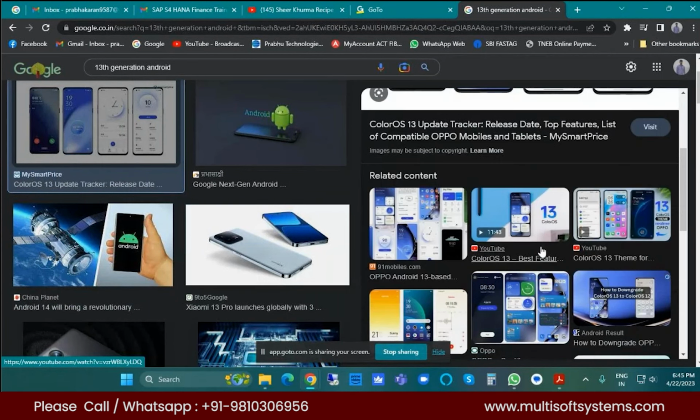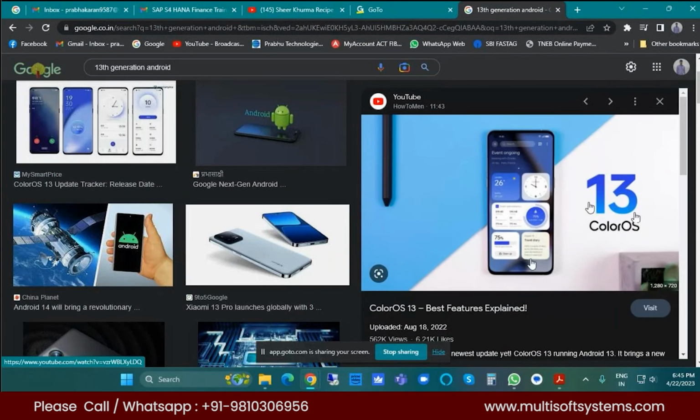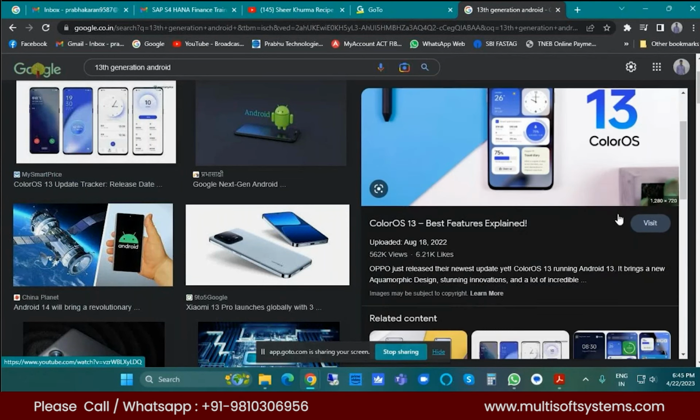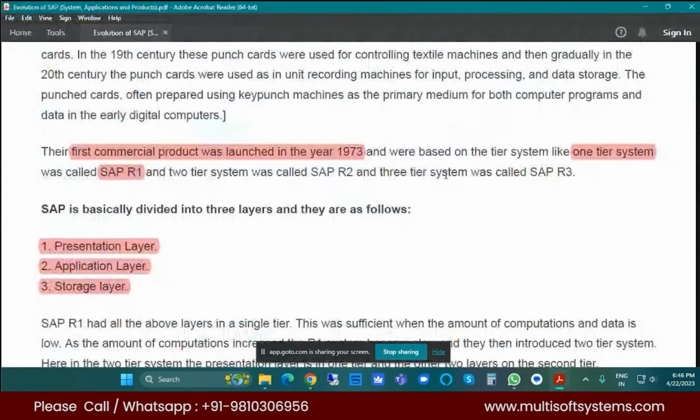But when we compare to olden days, ColorOS. So ColorOS is used by, I think, Oppo mobile company. On top of Android, they are generating a user interface called ColorOS, and they will follow Android 13 features in their mobiles. So when generation is growing and growing, when technology is changing frequently, software experience is